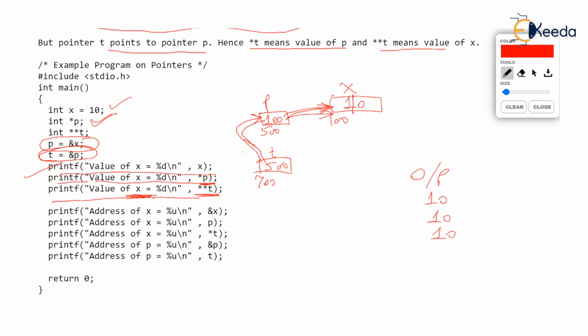So if you want to reach x, you can either write x, that's the best way, or you can write asterisk p, or you can write double asterisk t. Okay, the next line, printf address of x is, and ampersand x, and we are using %u format for printing